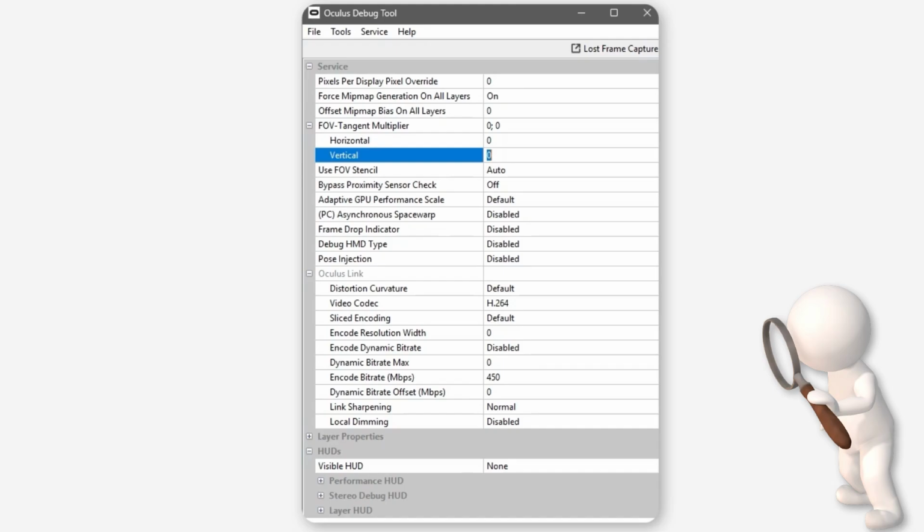So my recommendation is leaving vertical set at 0, but set horizontal to around 0.8 if you do want to use the foveated tangent rendering in the Oculus Debug Tool. This is a safe bet for boosting performance, and it also has minimal effect on visual clarity. Just steer clear of the vertical setting. And finally,